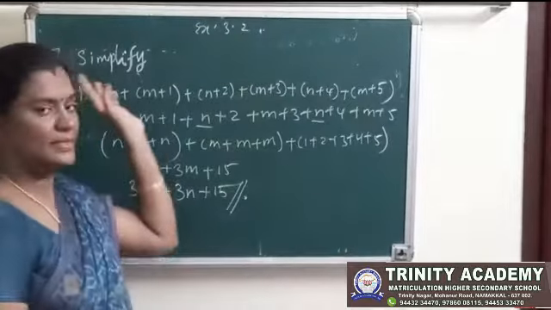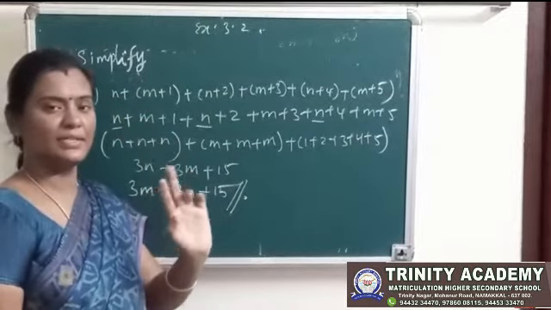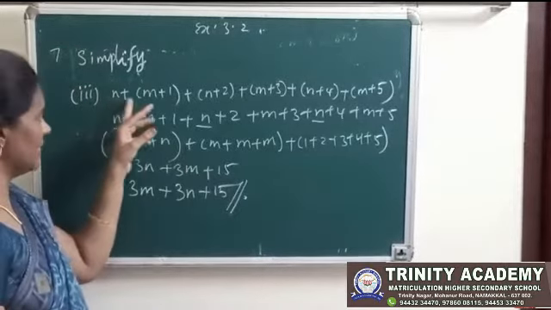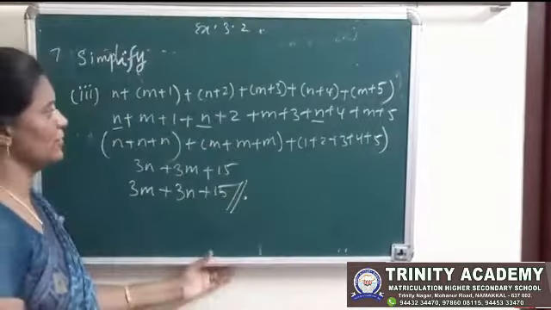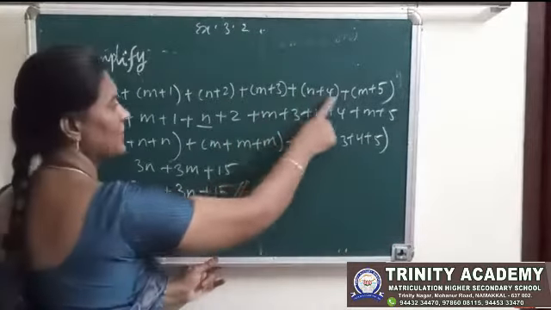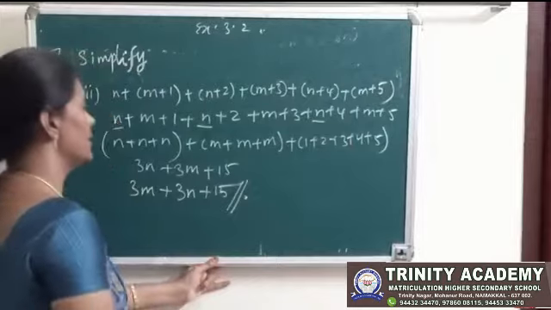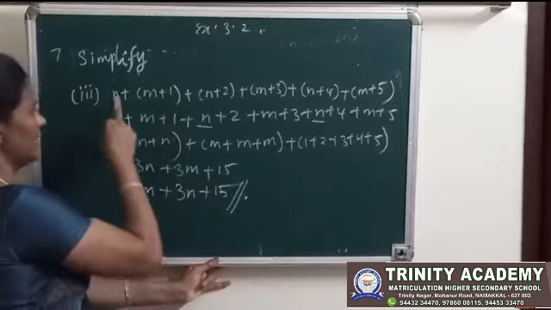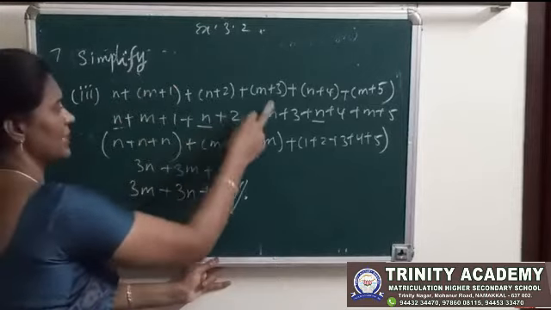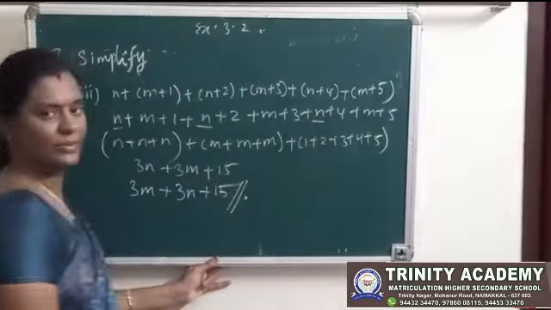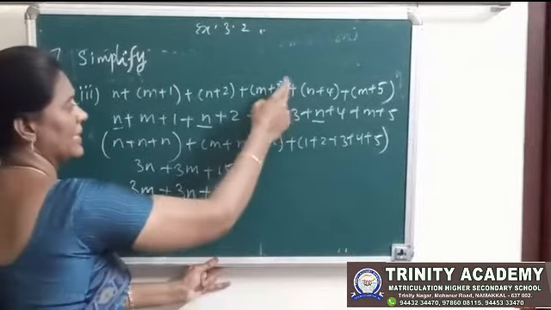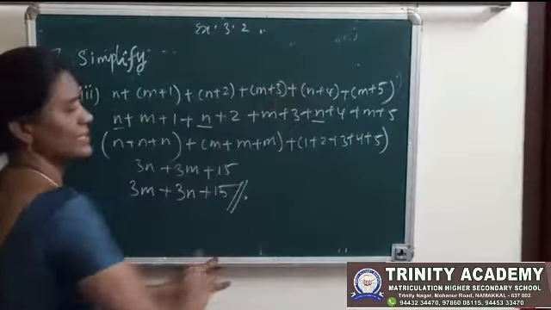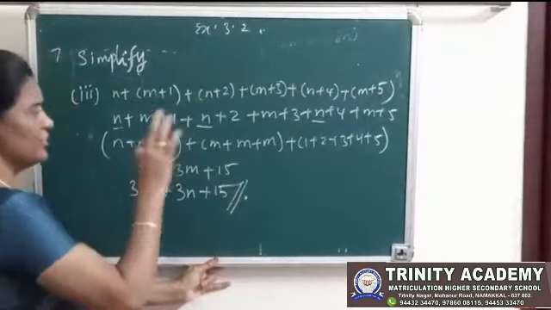See this simplify. The second sum is homework. That is very easy. Now here we see the third sum. n plus 1 plus n plus 2 plus n plus 3 plus n plus 4 plus n plus 5. Just remove the bracket because all the terms have plus signs only. That is n plus 1, n plus 2, n plus 3, n plus 4, n plus 5. Okay. Suppose you have a minus sign, just multiply the minus sign inside the bracket. But here all the terms are plus terms, so just write as it is. Just remove the bracket.